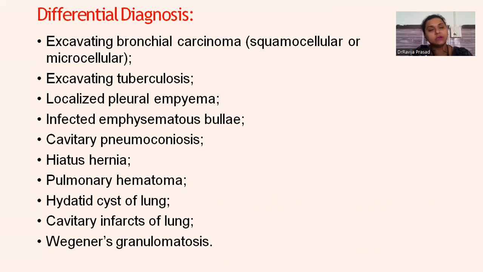Then what are the differential diagnoses of lung abscess? Excavating bronchial carcinoma, squamous cell and small cell. Excavating tuberculosis, then loculated pleural empyema, infected emphysematous bulla, then cavitary pneumoconiosis, hiatus hernia, pulmonary hematoma, hydatid cyst of lung, cavitary infarct of lung, Wegener's